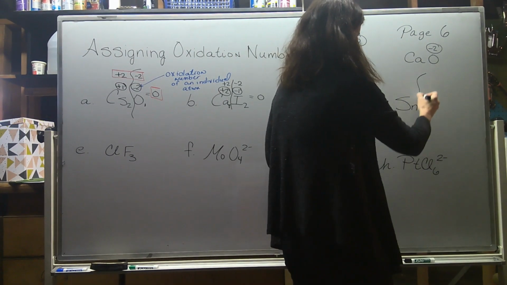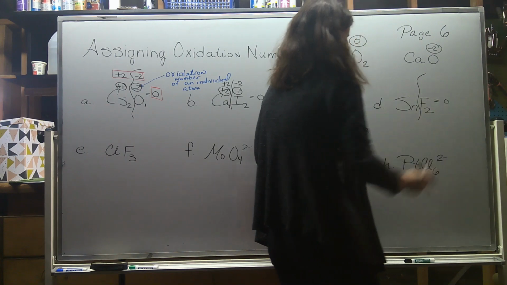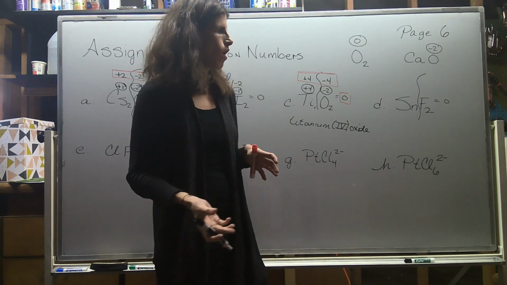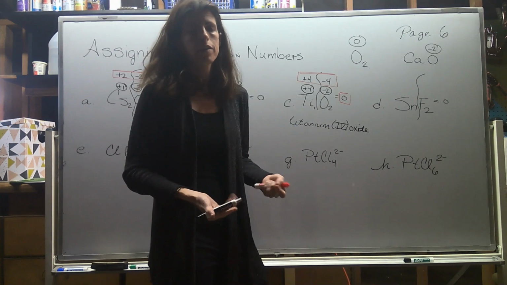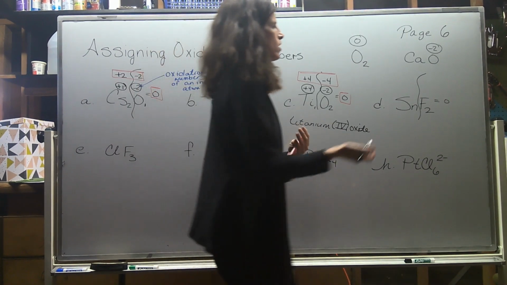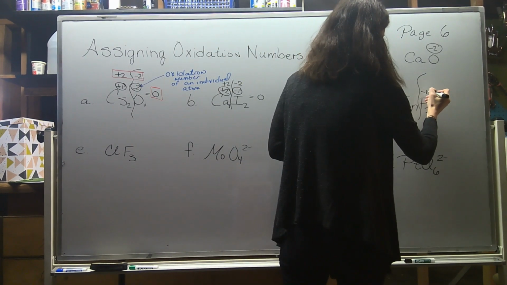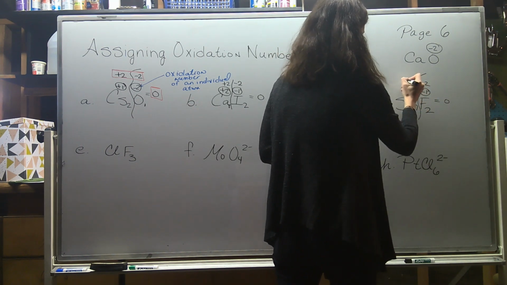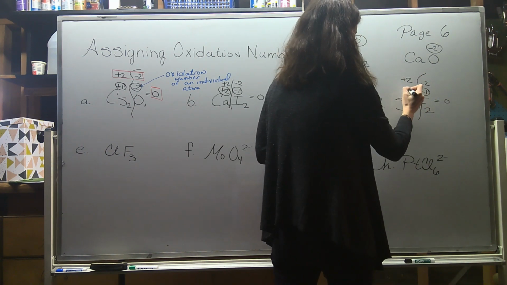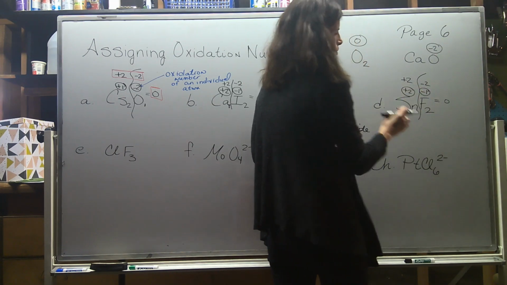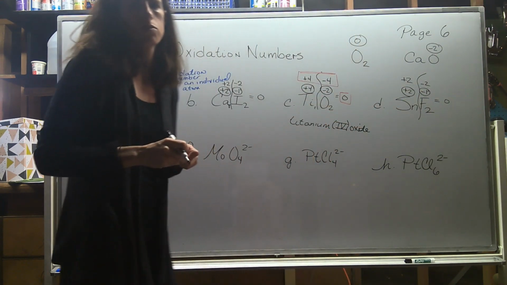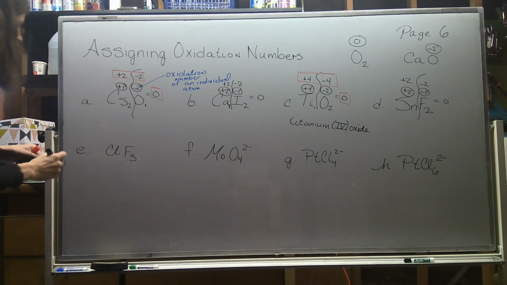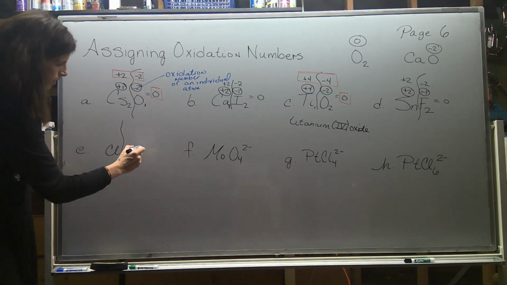Let's do this one. This is another one that has to equal 0. It doesn't have oxygen, but it has fluoride. And I know fluoride's so electronegative. I know it just wants 1 electron. So I feel pretty confident saying fluoride will be a -1. -1 times 2 gives me -2. Plus 2 over here, and there's just 1 tin. So that 1 tin has a +2. Over here, same, another fluoride,